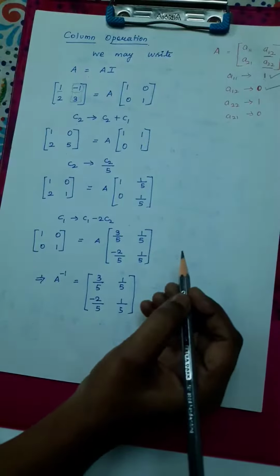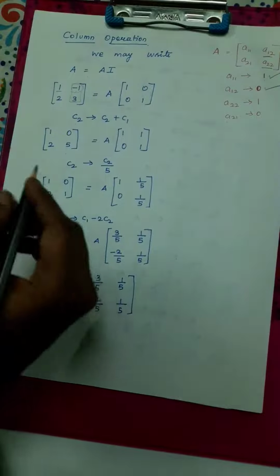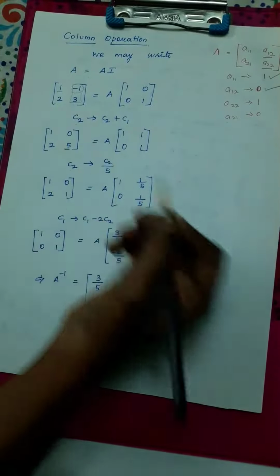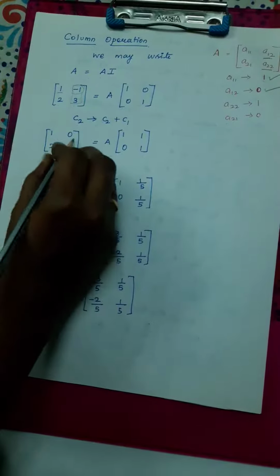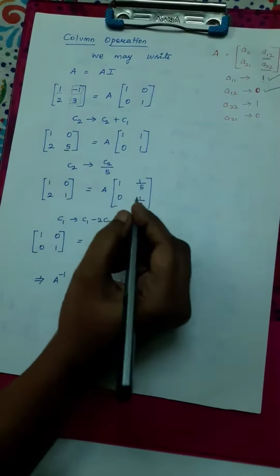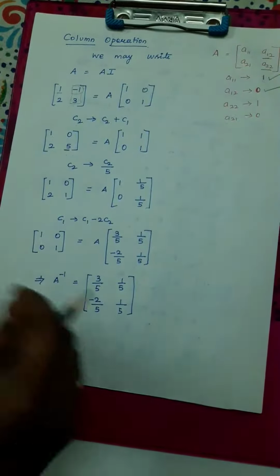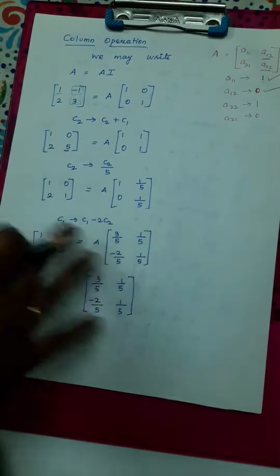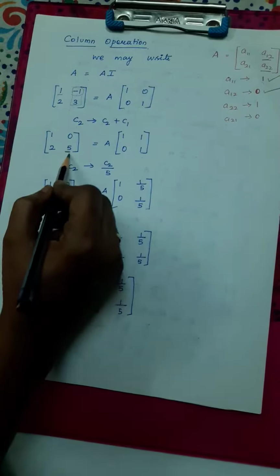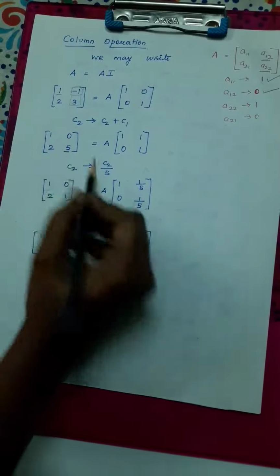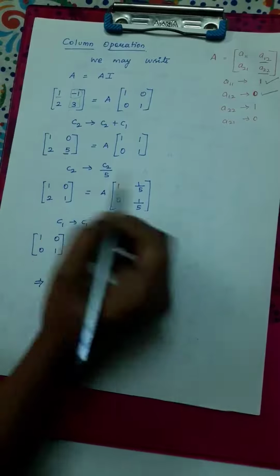Now we need to convert A22 as 1. What is there in A22? The number is 5. So now we need to convert this 5 as 1 by dividing the entire column by 5. We cannot apply row operation and column operation simultaneously in the same problem. Either you need to apply row operation or column operation. So we are going to convert this as 1 by dividing the second column by 5. So column 2 implies column 2 divided by 5.